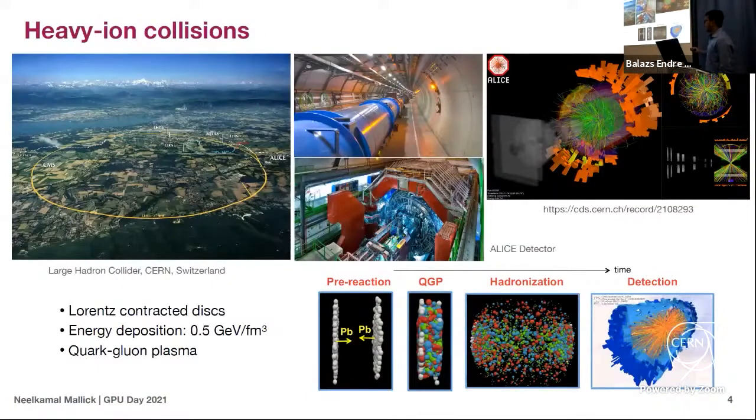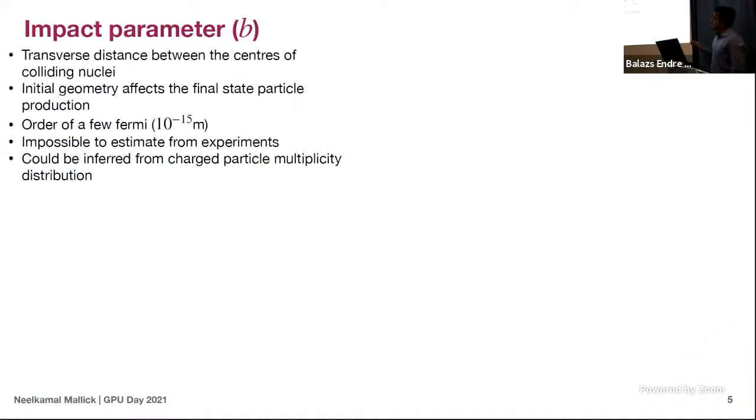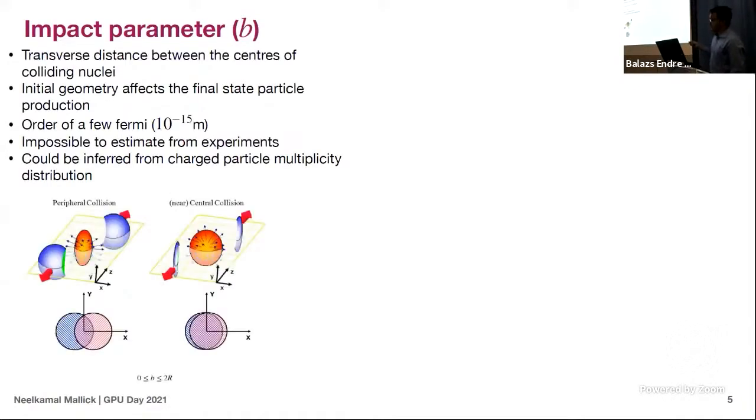We study heavy ion collisions because we want to produce and observe such a state of matter. And this quark-gluon plasma is believed to have formed just a few microseconds after the Big Bang. So we can say that heavy ion collisions recreate a Big Bang kind of scenario at a miniature level inside the labs. Okay.